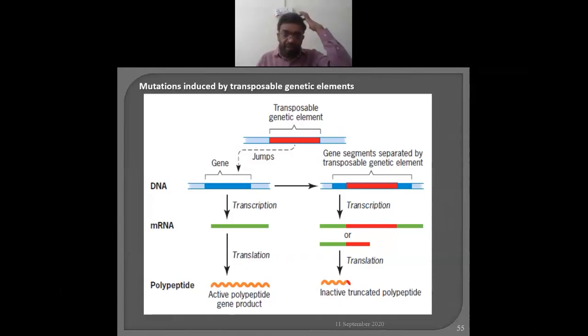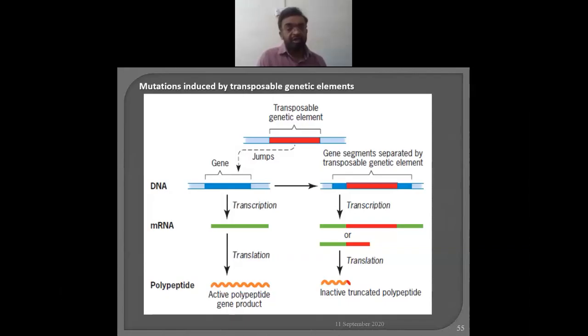So in that way, due to the exact incorporation of transposable elements within a gene, that can also cause a mutation, which will be detected by the morphology. Otherwise, due to the change in location, the mutations are there, but they are not phenotypically detected in our molecular biology laboratory setup. That's all regarding the mutation induced by the transposable element, and how they contribute as far as mutations are concerned. So that's all regarding this topic.